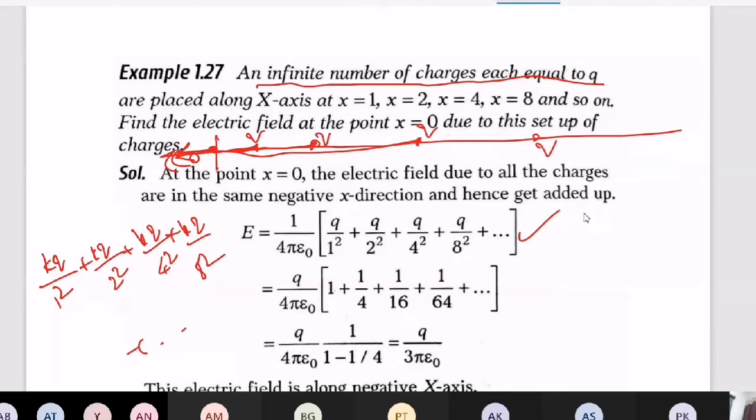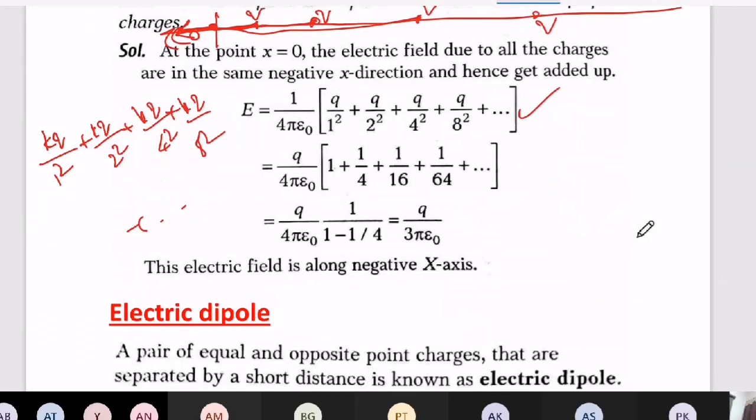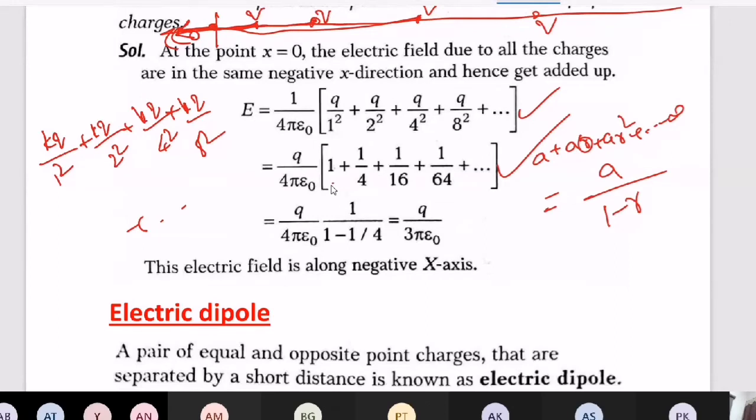So that's why I am giving the clarity about that. So now if you take here, one more difficulty came, because after this what you have to do. Then you should realize that this is an infinite GP series, geometric progression: A plus AR plus AR squared, up to infinity. So what is the sum of an infinite GP series? A by 1 minus R, where R is the common ratio. If you multiply 1 by 4, then the second term will come.